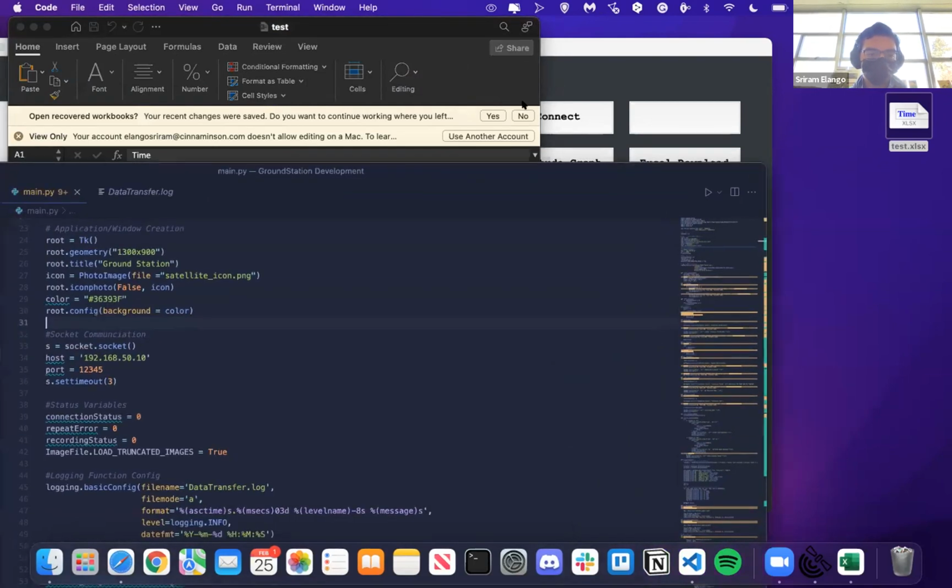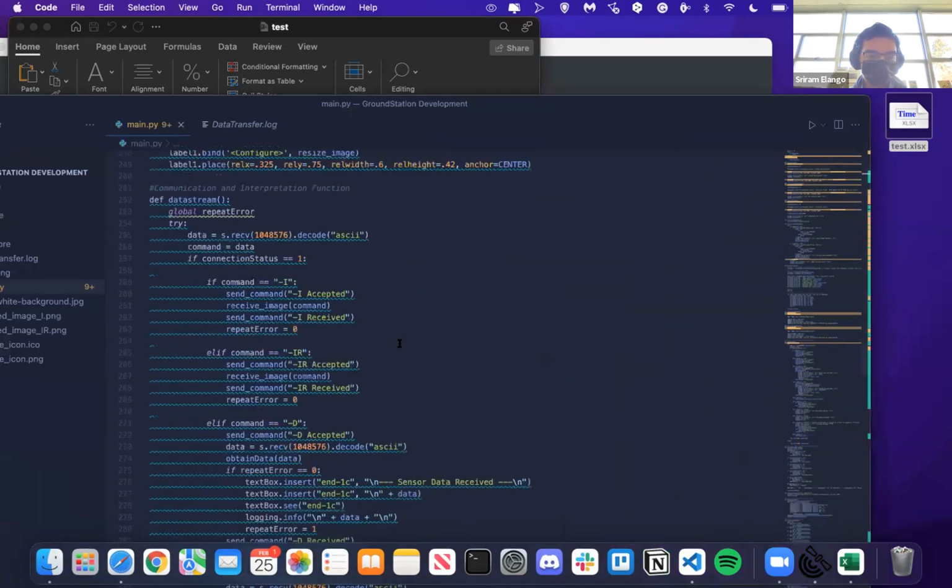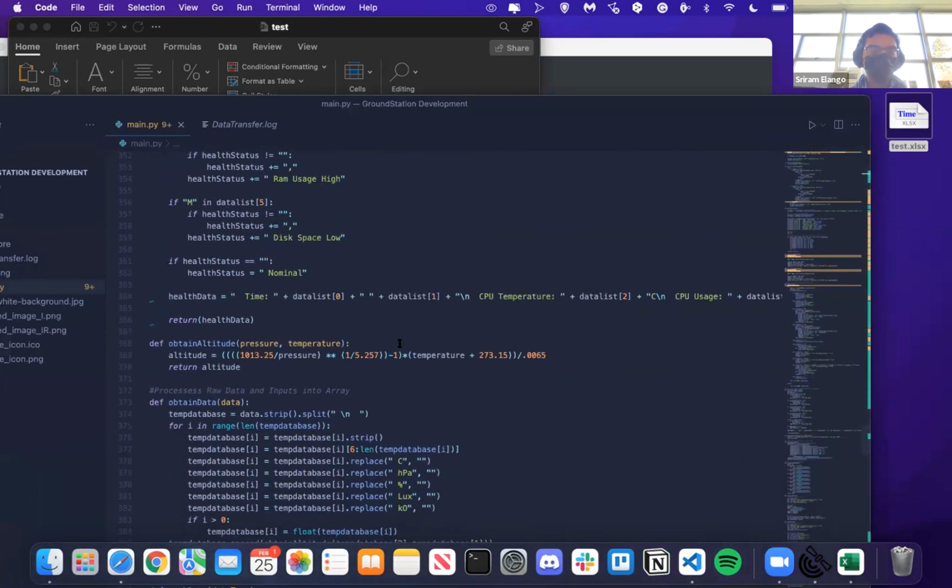Since this is all coded in Python, they can actually start delving into the nitty gritty of how the software works and how it interacts with the CubeSat. Python is really good for data analysis. I'm going to argue that it's the best data analysis programming language. Artificial intelligence is also very dependent, if not only dependent, on Python.